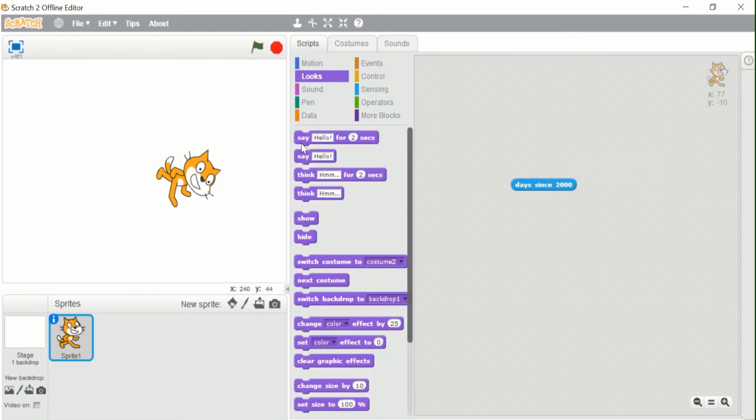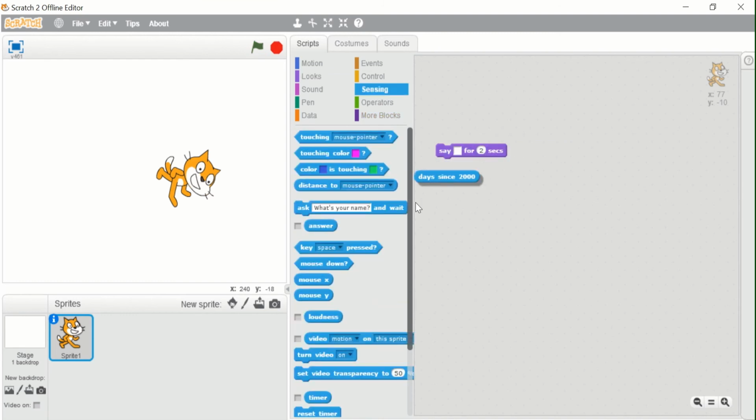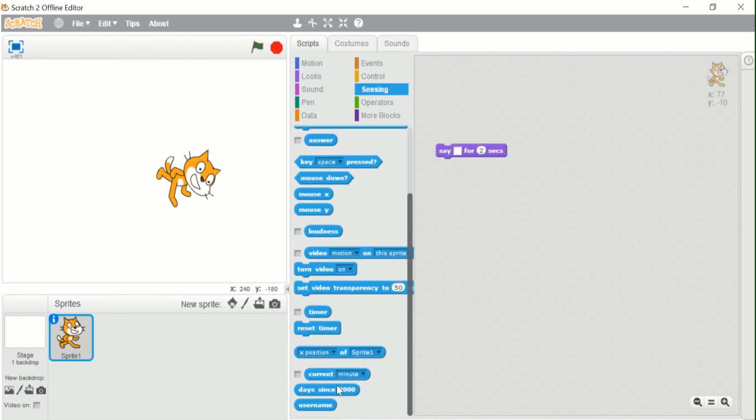So it will say the days since 2000. And the next block, which is the last block, is username. This basically stores the username which we have stored. Currently I don't have any username, but if you store any username, then it will tell that. So with this, we complete the sensing block menu.